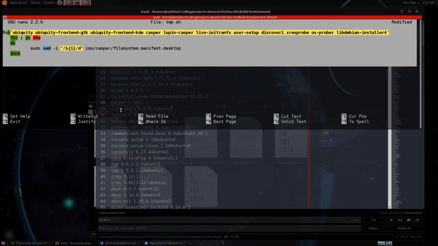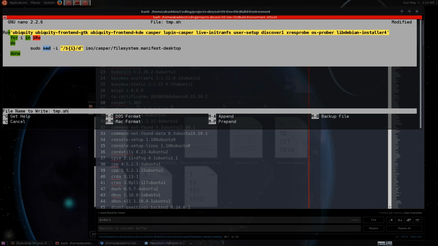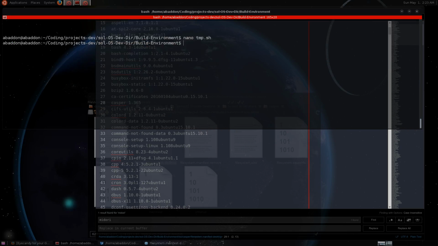And discover 1, xres probe, os prober, lib debian installer 4, etc. Type that in. You can pause the video to do so. Put it into a shell script, and you can also copy that shell script over to your build items folder. Okay? Do a Control O, enter, Control X, and then type in bash